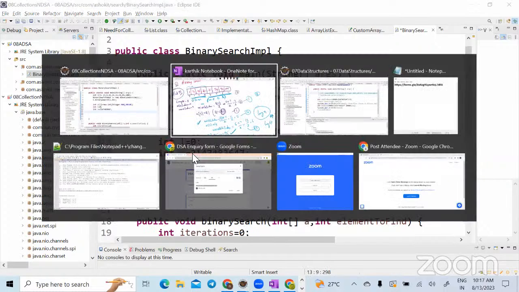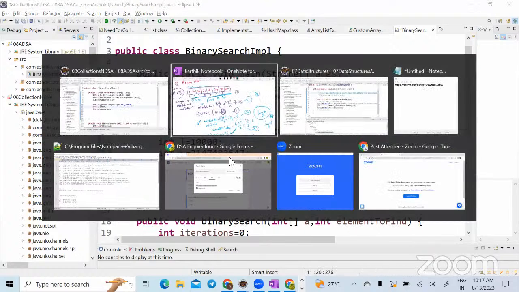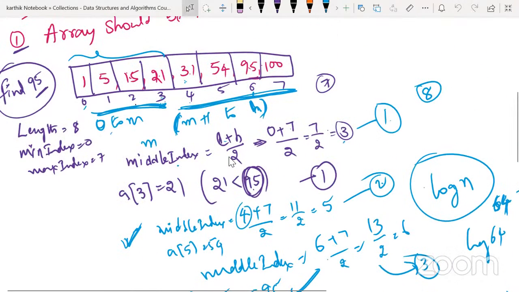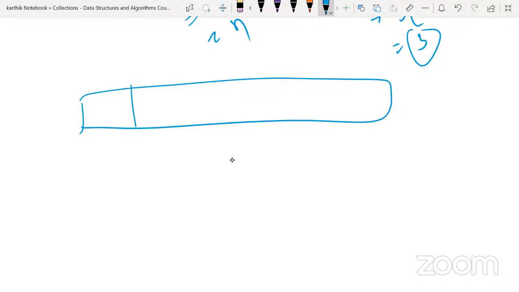But whenever you're doing like this, can I say at some point of time my L will become 10,000? Yes or no? Yes. And my h is still the same. Whenever I'm dividing, 0 plus 7 by 2, 3 by 2, 3 to end of the array, correct? Like that, whenever I'm dividing, at some point of time,